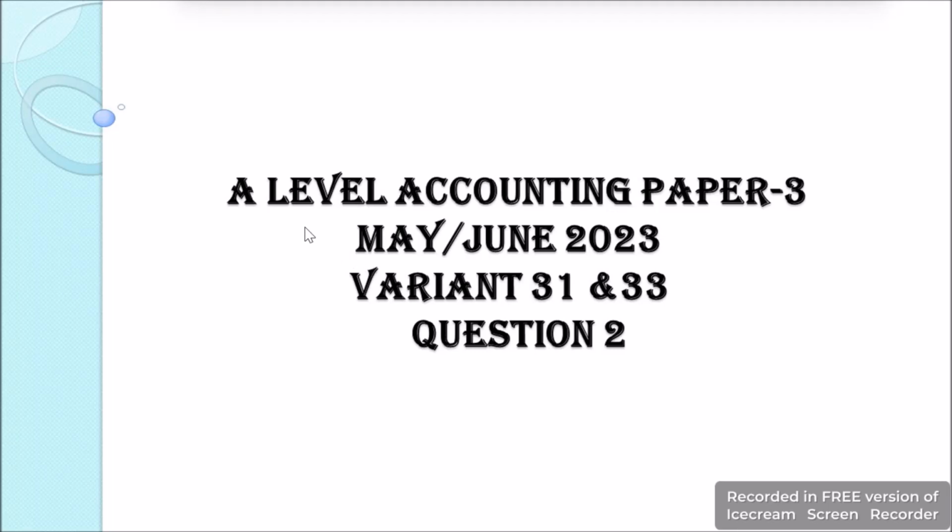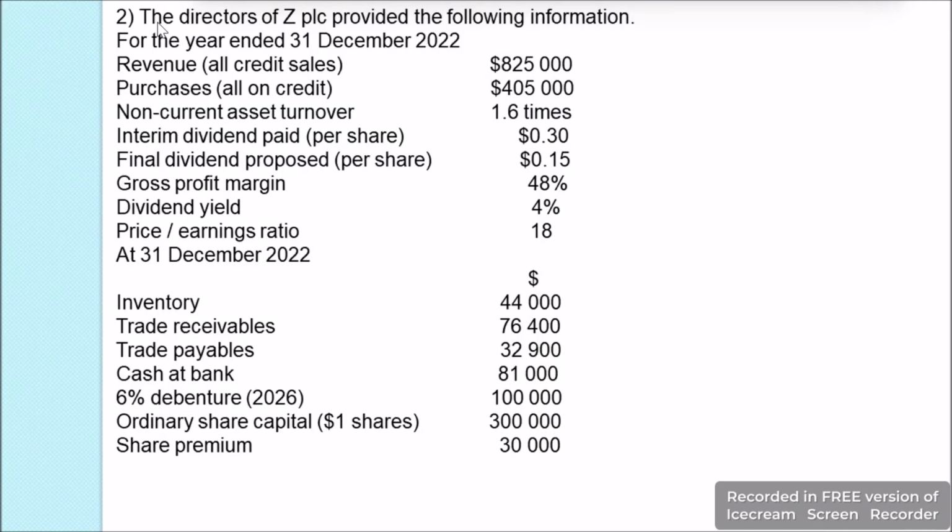In this video, we are going to do a question from A-Level Accounting Paper 3, May-June 2023, variants 31 and 33, question 2. The question states that the directors of ZPLC provided the following information. For the year ended 31st December 2022, revenues, all credit sales,